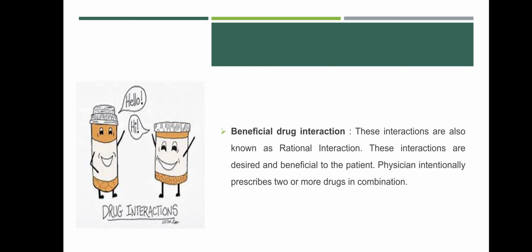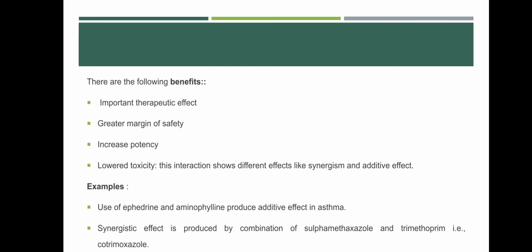Next are the beneficial drug interactions. These are referred to as rational drug interactions, and the physician will intentionally prescribe two or more medications in combination. The benefits from these beneficial drug interactions are that the therapeutic effect will be increased, it gives a greater margin of safety, it increases the potency, and lower toxicity is seen. Ephedrine and aminophylline produce an additive effect in asthma, and sulfamethoxazole and trimethoprim